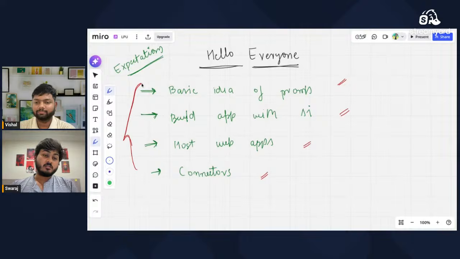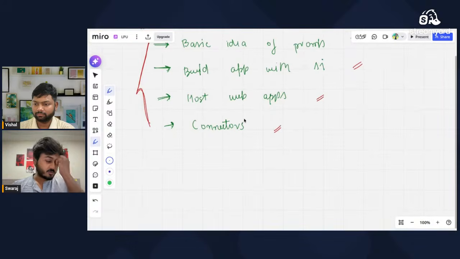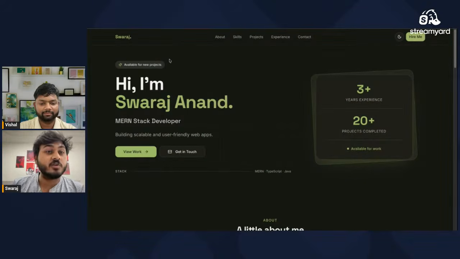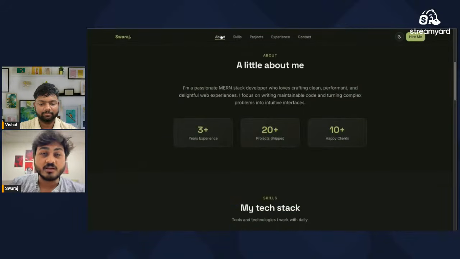They're the pointers. So we will stay around these, okay, mainly the assumptions that I feel. So first thing, portfolio, I gave you the assumption. What is the simple idea about portfolios? Now suppose, let me just move back to the portfolio. So right now, see, the portfolio which we are having has what? The about section. So let me get back.